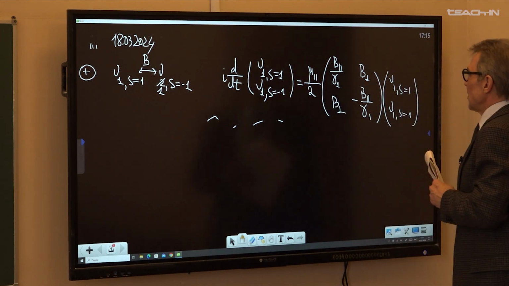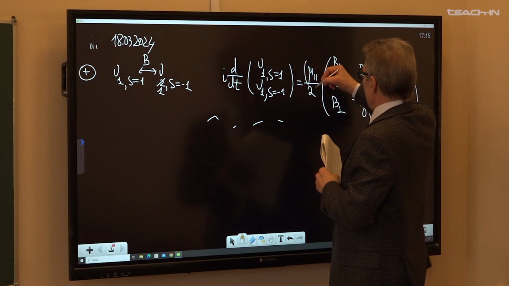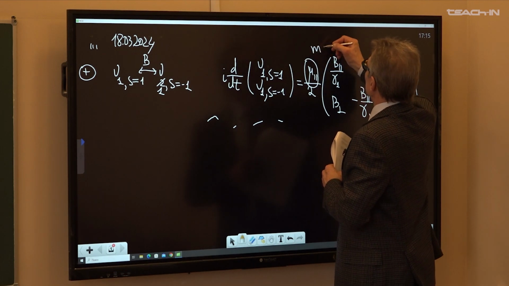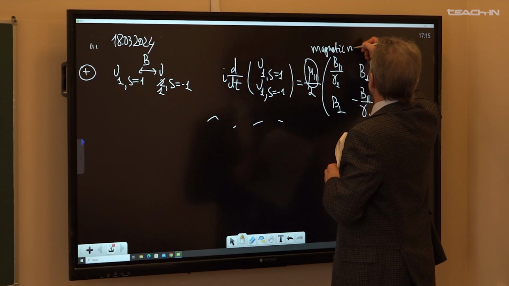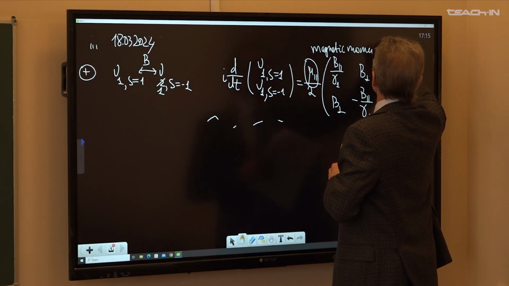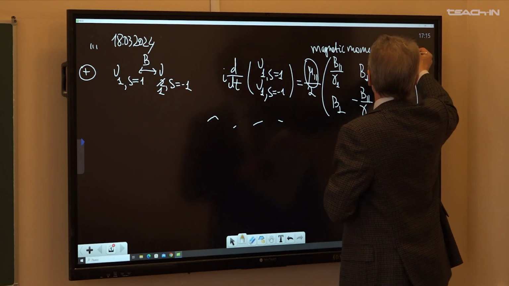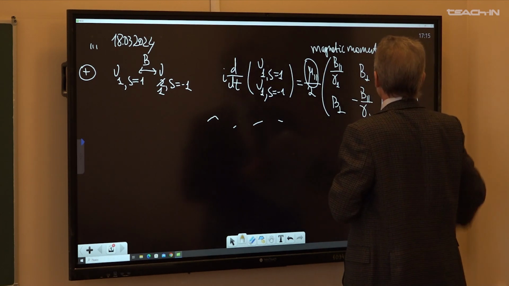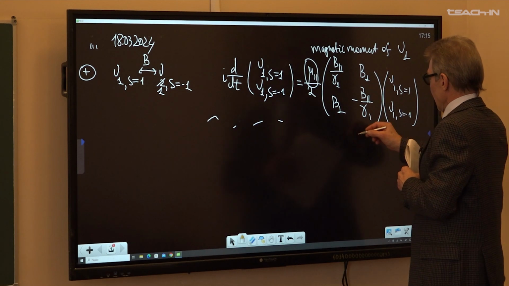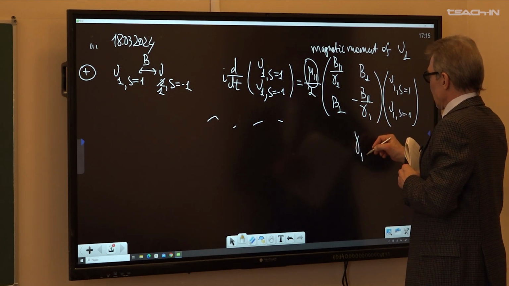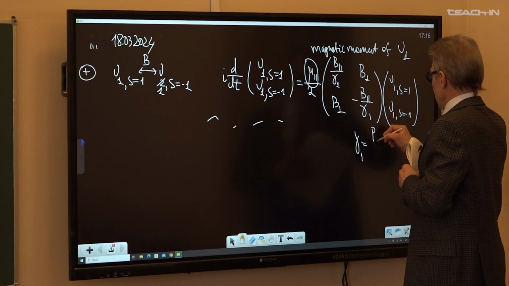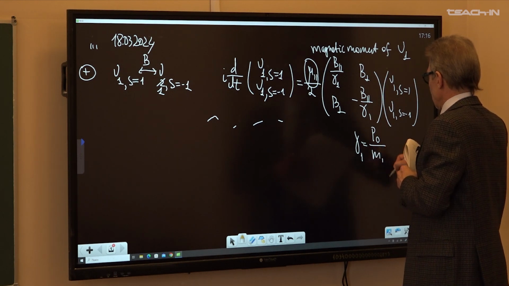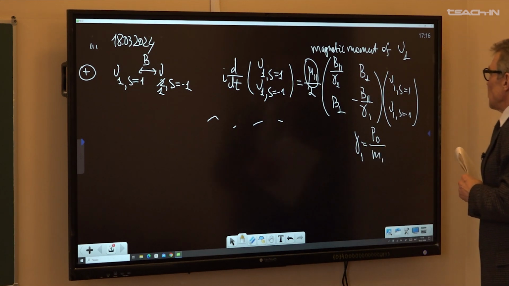So this is the magnetic moment of neutrino of mass 1, and this is gamma. This is a gamma factor, that is the energy of neutrino divided by the mass of neutrino. Yeah. So we see that